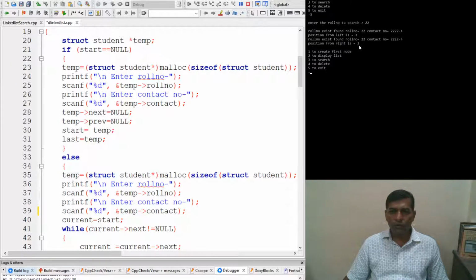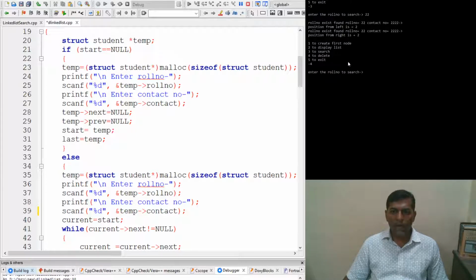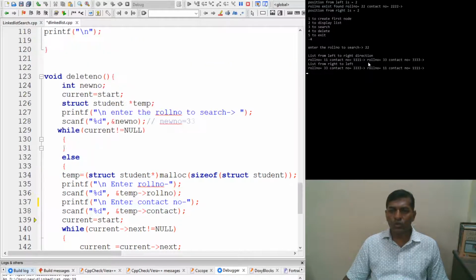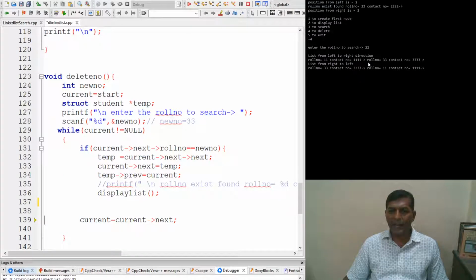If we want to delete an element from a list, we have to go for option 4, and it will ask which roll number you want to delete. We'll say 22. Let's delete a middle roll number, so 22. So it has deleted the roll number. Now we get the final list after deletion, that is roll number 11, contact number 1111, then roll number 33 and contact number 3333.